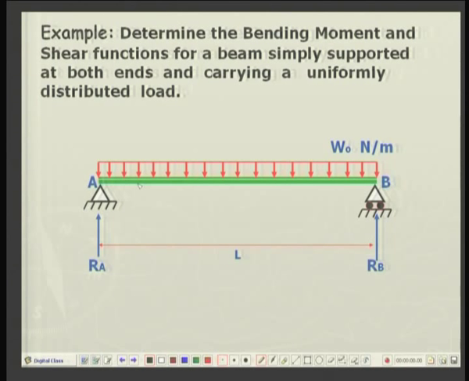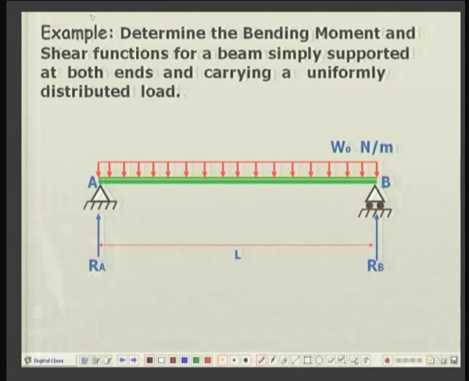To illustrate this procedure, let us consider a very simple example. Suppose there is a beam of length L, incidentally this is called the span of the beam. So, a beam of span L meters, supported at two ends. At one end there is a simple support or a pin joint where theoretically both vertical and horizontal reactions are possible. At the other end it is a roller support, that is only vertical reaction is possible.